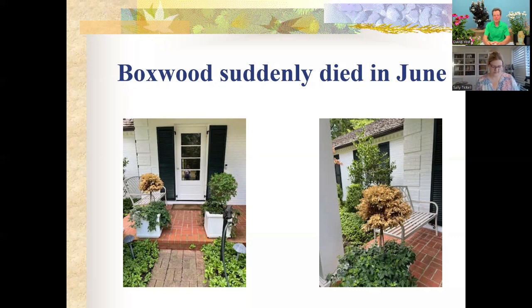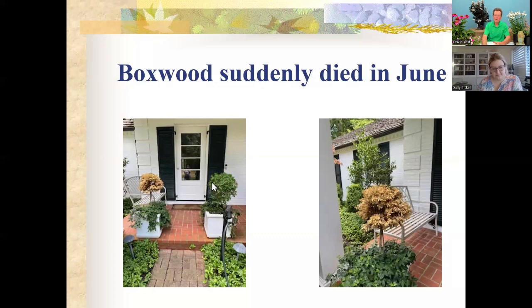So in this case, you can see the two topiary boxwoods sitting side by side, same plant, same environment, same care. The question is, why is one dead and one alive? That's the information I was given, looking at these pictures. It is a bit of a conundrum, a bit of a question. Except the piece of information that was missing, and I was able to find it, was when I started looking back into the sales and purchase history and records on these plants.